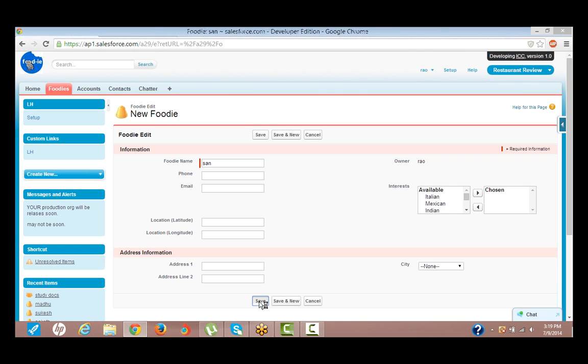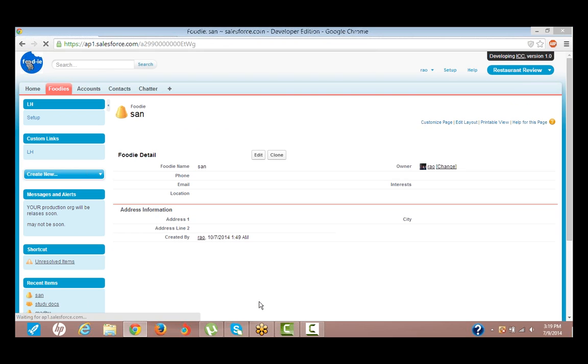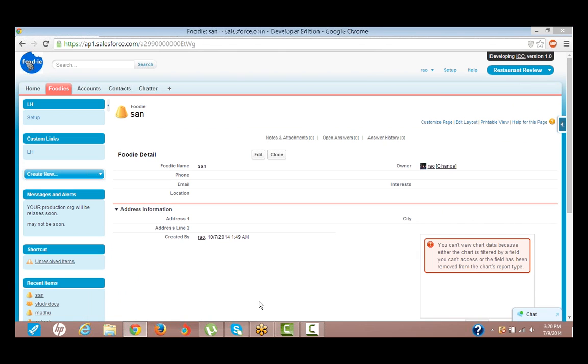If you try to do the same, you cannot save because there is an email required field for you guys. What I did is, there can be a number of people in the system, and I am giving different sets of security settings to different profile users. Now you click on save. And again, he cannot see the report because there are no proper settings for this person to view this report.